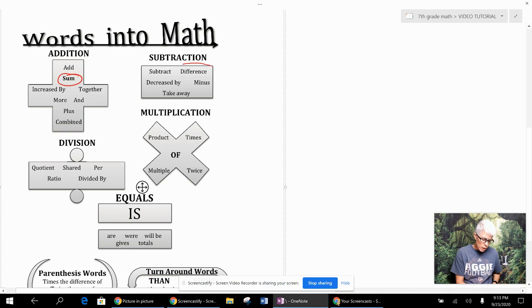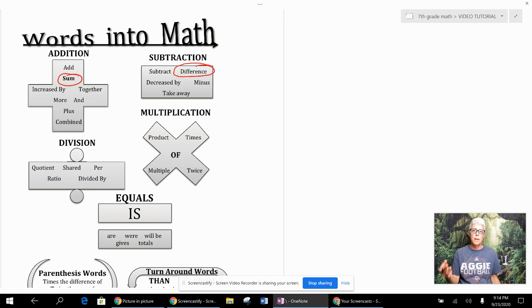For subtraction, the word difference is the one I want to point out the most. It means that you are subtracting. If you see the difference of x and 3, it means x minus 3. Now, if we see subtracted, minus, decrease, take away, normally we know that means subtraction for the most part,